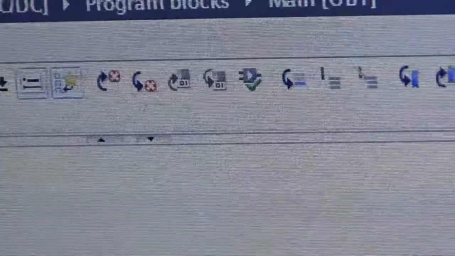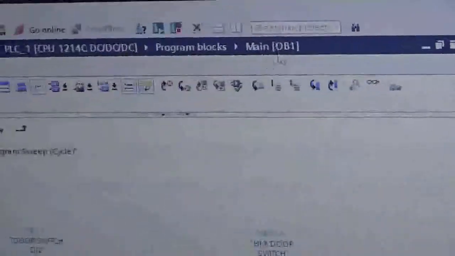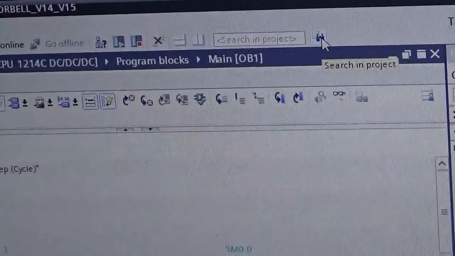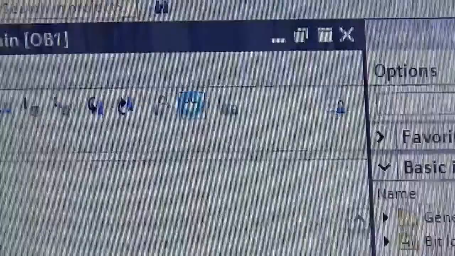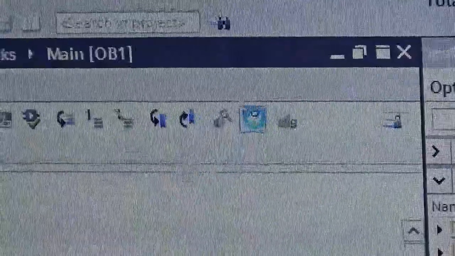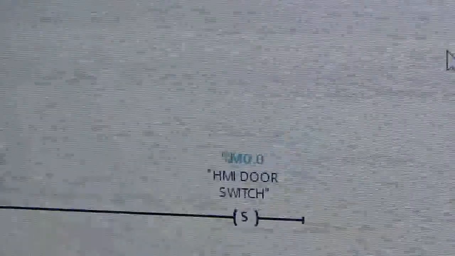Otherwise, if you want to see the actual result in ladder, you go to here. Now go to monitoring on. So you can push.